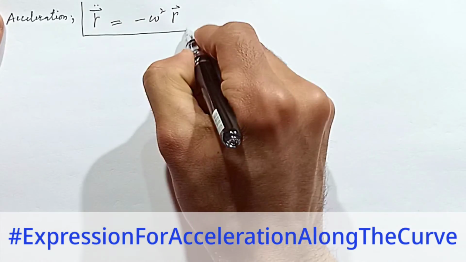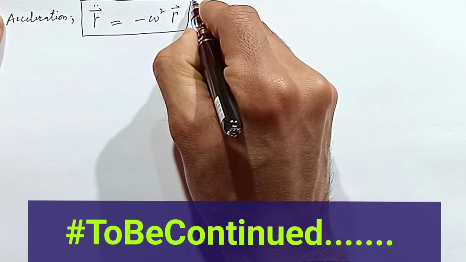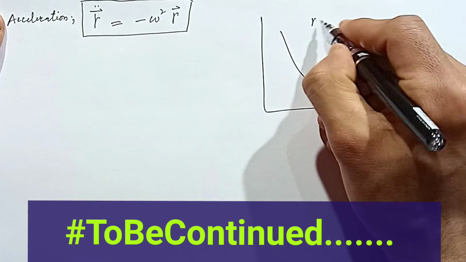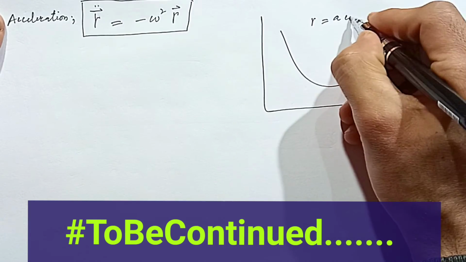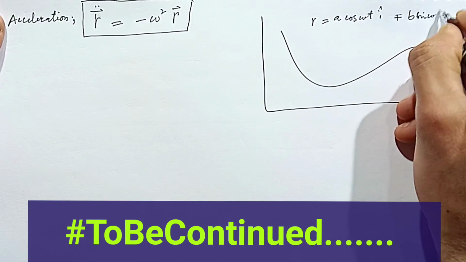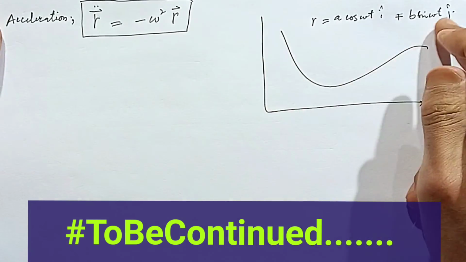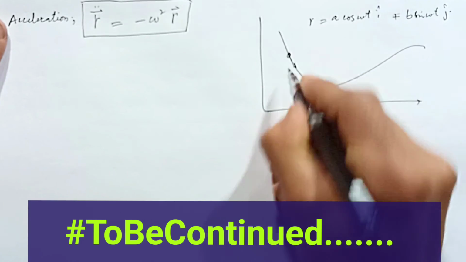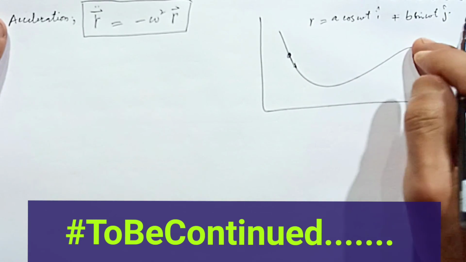This will be the acceleration of the body moving along the curve with r equal to a cosine of omega t i plus b sine of omega t j. So if this is the parametric equation, the particle is moving along this very curve, so for that